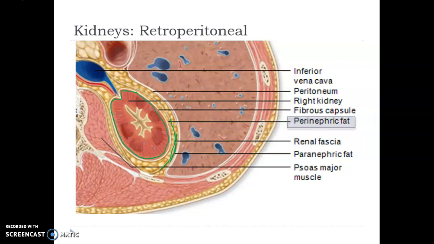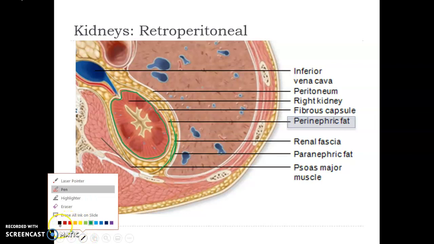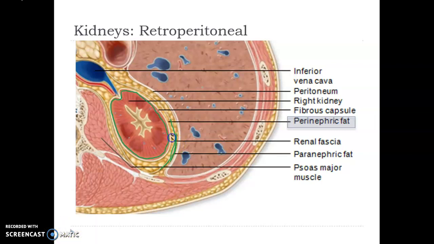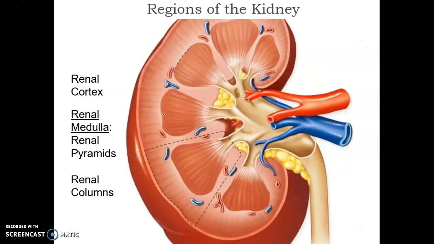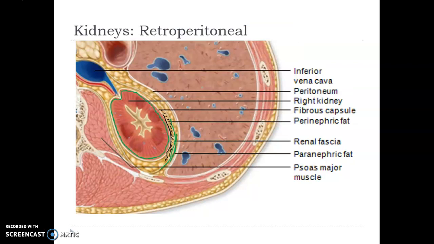Then we have paranephric fat, which is this layer right here. And then we have the fibrous capsule, which is this white layer. So these are the protective layers of the kidney. So let's review. Starting from superficial to deep, we have paranephric fat, renal fascia, then perinephric fat, and the fibrous capsule is actually sticking to the